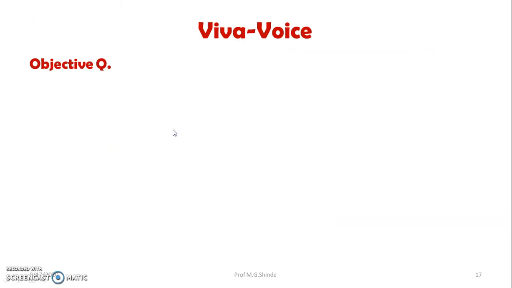Now we will see some viva questions. First of all, some objective questions. The very first question is, what are limit tests? We can say that limit tests are quantitative or semi-quantitative tests which are designed to identify and control small quantities of impurities which are likely to be present in the substance. As we have already seen, impurities are foreign particles or unwanted substances in the given known substance.